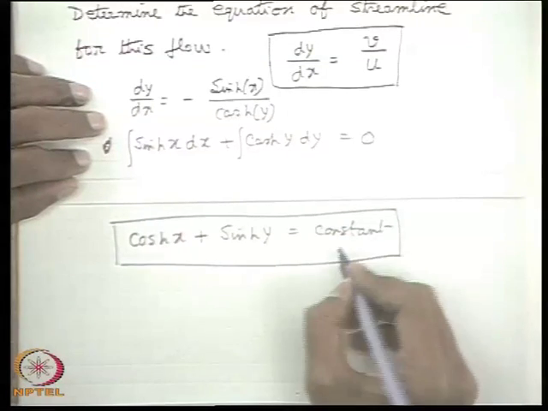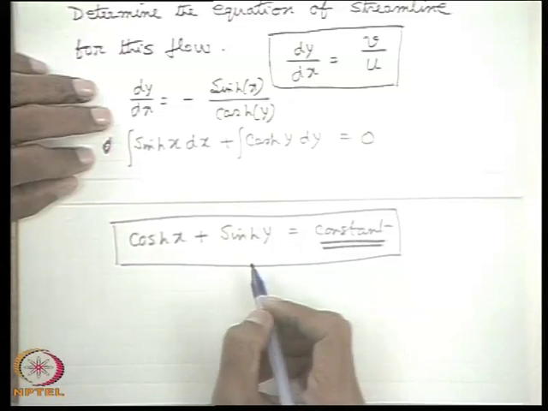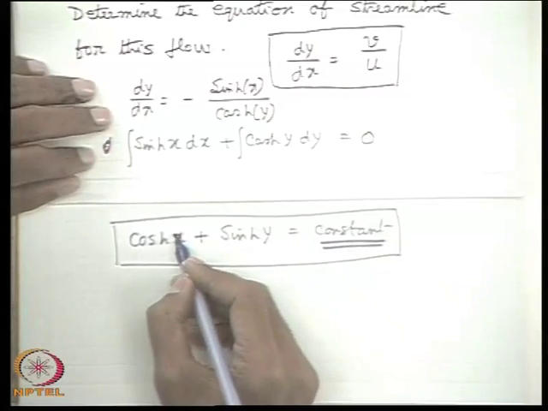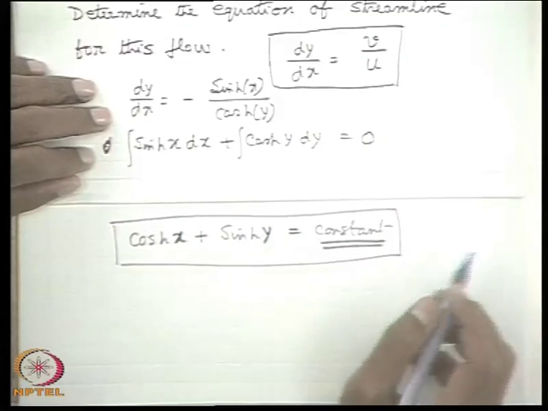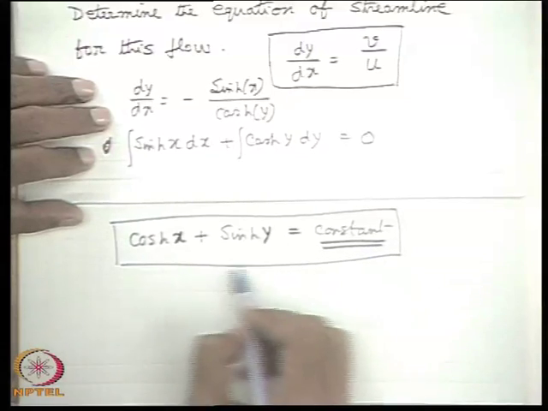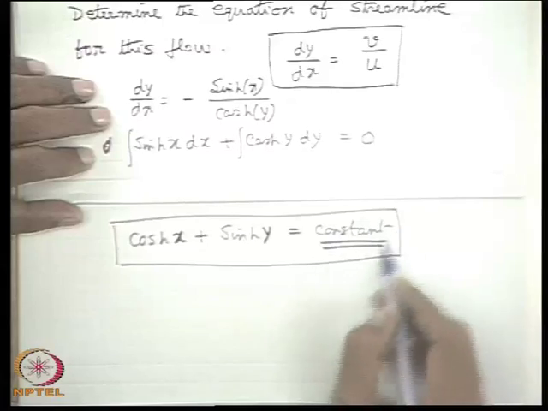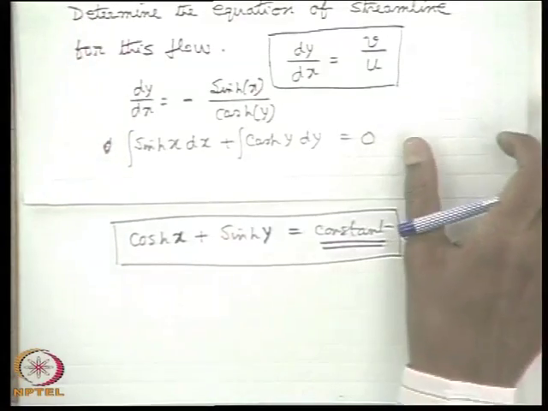The values of this constant can be found out if we define the streamline, that is, this constant value for a given value of x and y. This we will come to afterwards when we introduce the concept of stream function. So, the constant will represent a parameter, that means a series of curves representing the streamlines with different values of this constant c as the parameter. This is a very simple straightforward application.